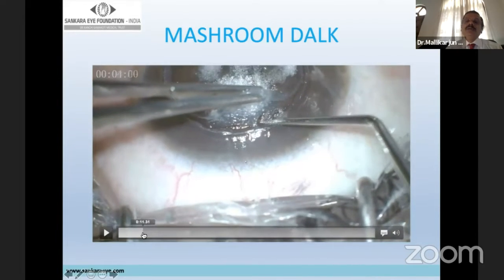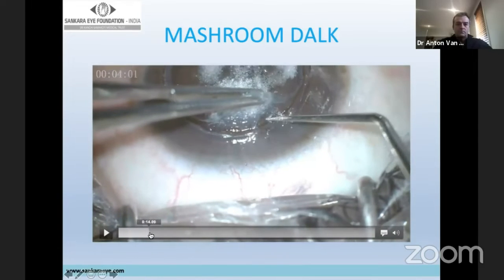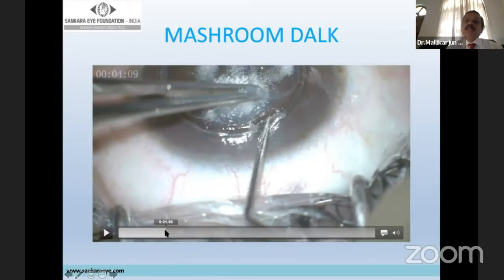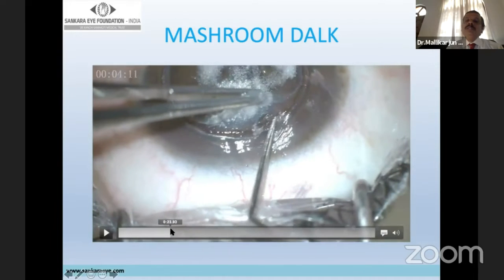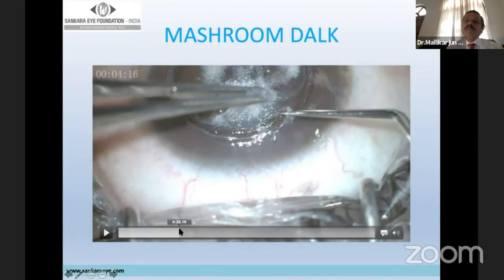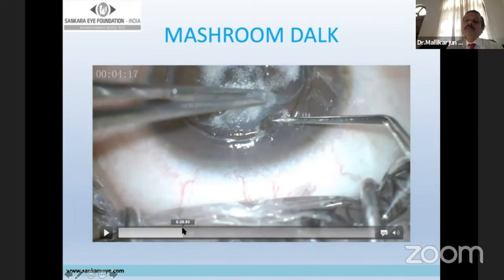In this situation, what I do is, at the edge of the trephination, make a deep groove with the help of a sharp spatula and go up to 80 to 90% depth.